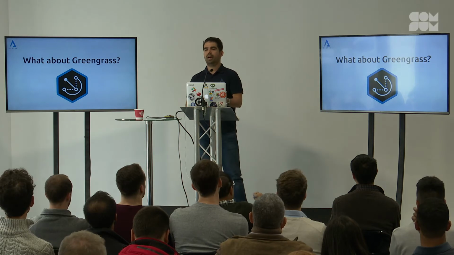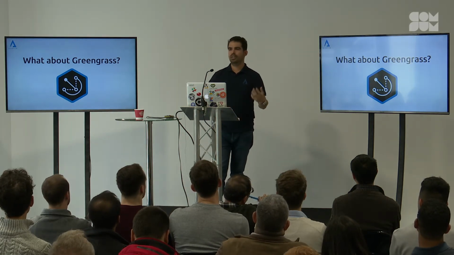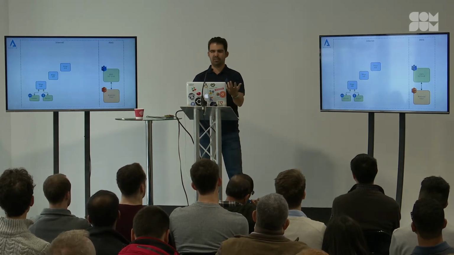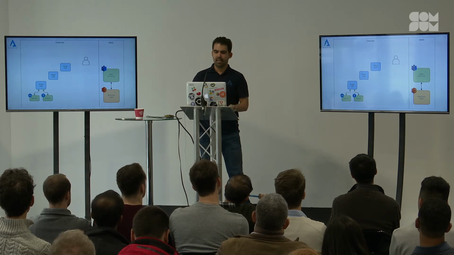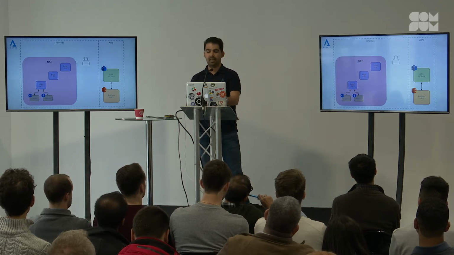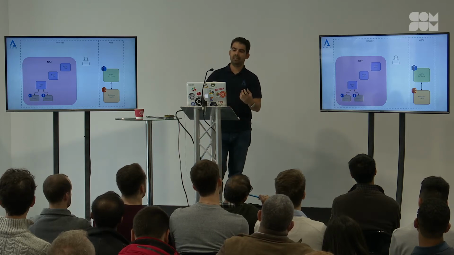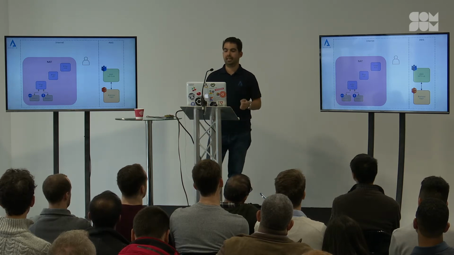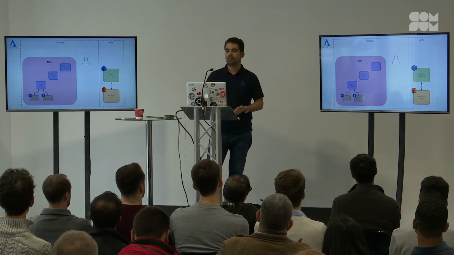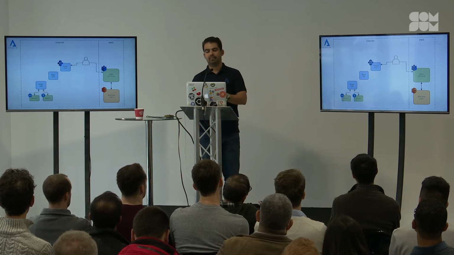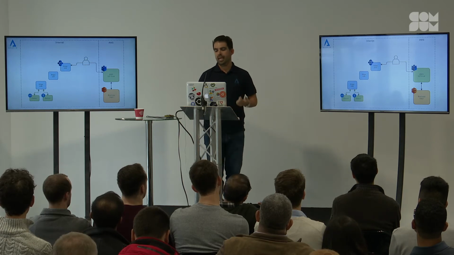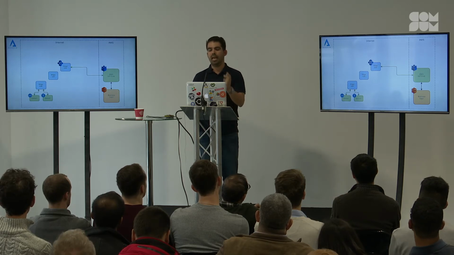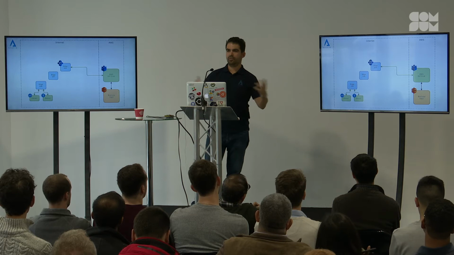But what about Greengrass? Let's say that you want to do this in Greengrass, and you have a very powerful computer where you can put stuff. This is pretty much how it works. You have a human who is going to try to connect to the edge gateway, but the problem is that the edge gateway is behind a NAT, in some sort of network behind the telco operator. So to get to that is almost impossible. What you need to do is physically go and connect to it, install Greengrass, talk to AWS IoT Core, get the certificate, and now the device is able to talk to AWS IoT Core, and after that, you're golden. That device talks to AWS IoT, you can manage it,